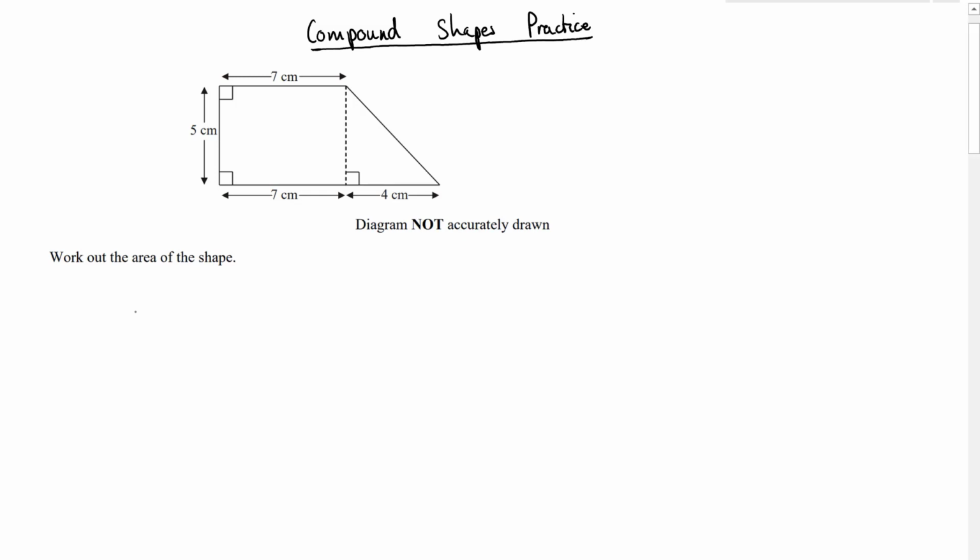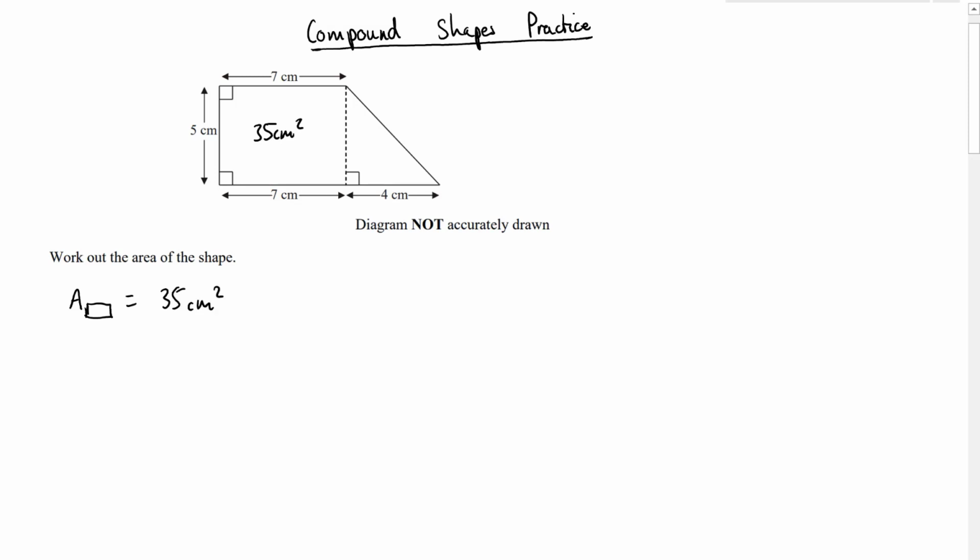So what we said before with compound shapes is that the point of a compound shape is that it's multiple simple shapes just have been compounded together. In this case, we can probably see that that's a rectangle and a triangle. So first we need to work out the area of the rectangle. So a rectangle is going to be the base times the height, which is 7 times 5. So this is going to be 35 centimeters squared. So the area of the rectangle is